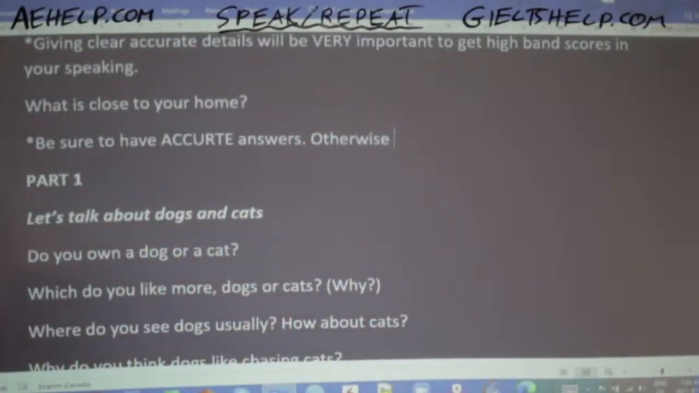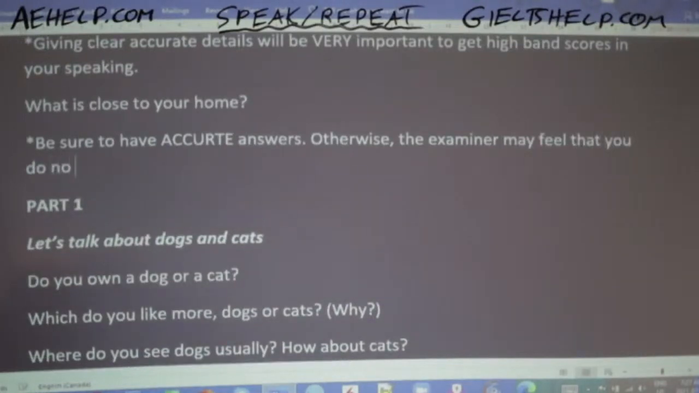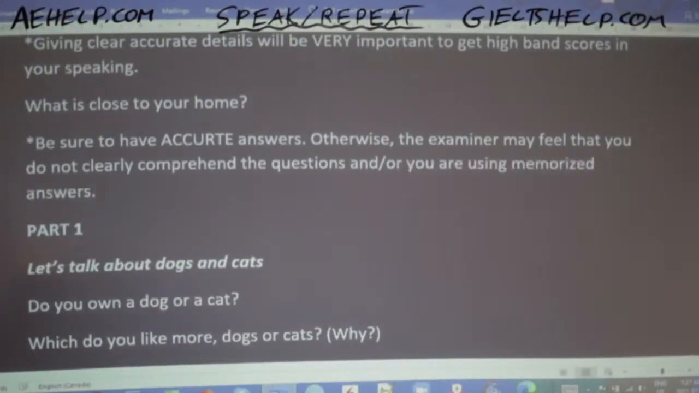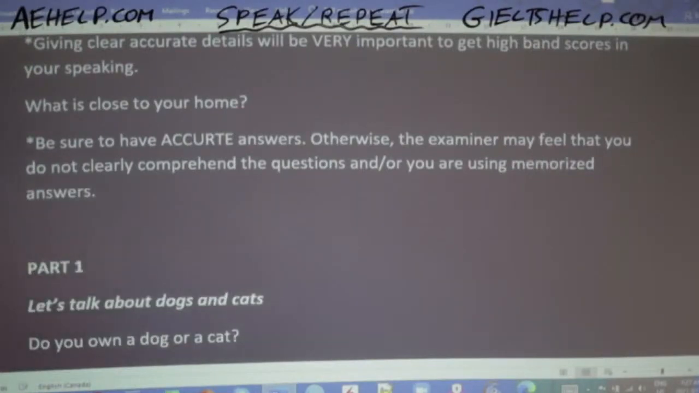Otherwise, the examiner may feel that you do not clearly comprehend the questions, and or you are using memorized answers, and you don't want that. Okay, that's a bad situation. So